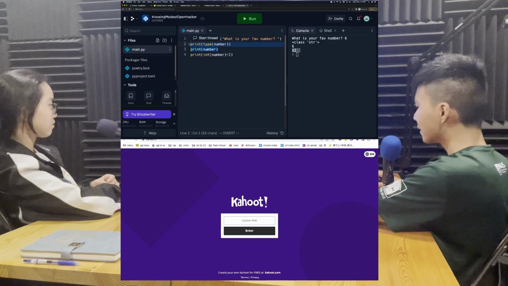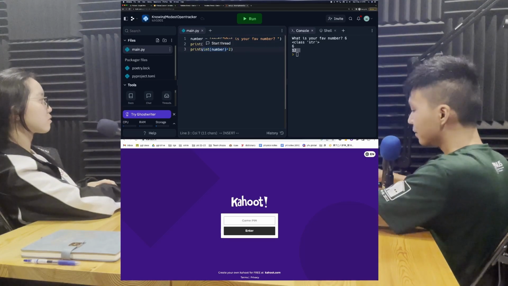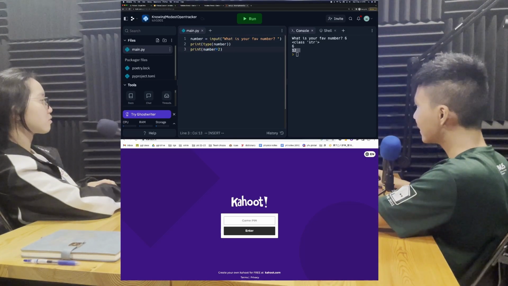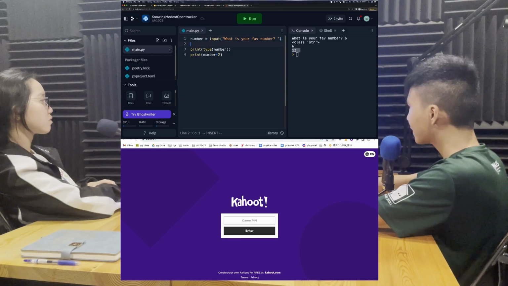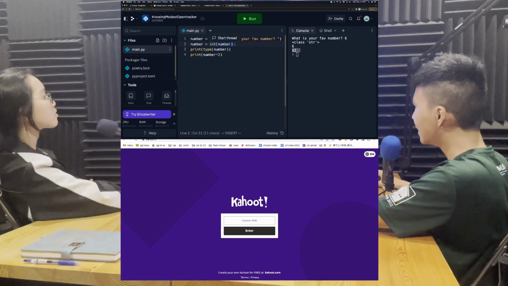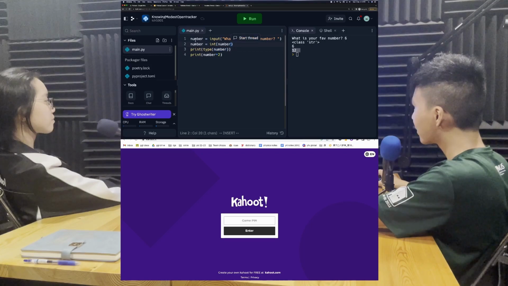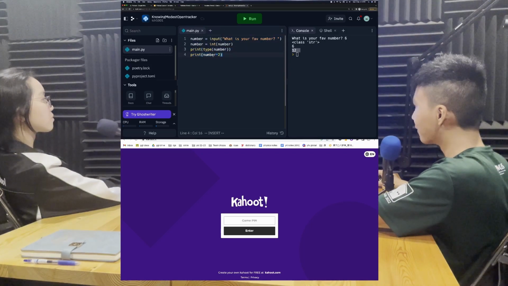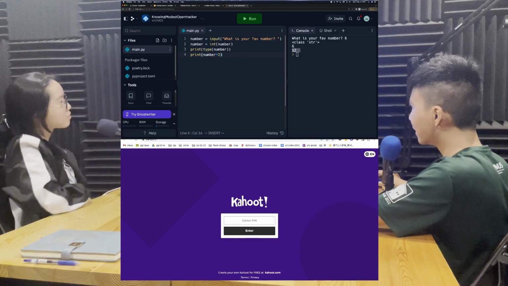Okay, so if I get rid of this, this is one way to do it, but it's actually better if you want to take in a number as an input. It's better to put after this line you can put number equals to int number. That way I basically immediately override, because from this line onwards I can basically use number as an integer variable type instead of needing to type int number all the time. Okay? And to shorten it even further, I can